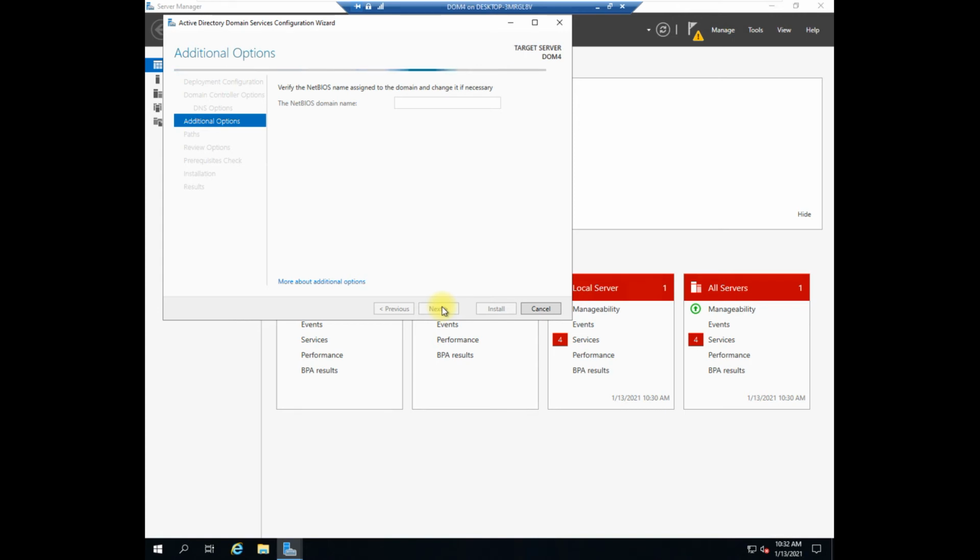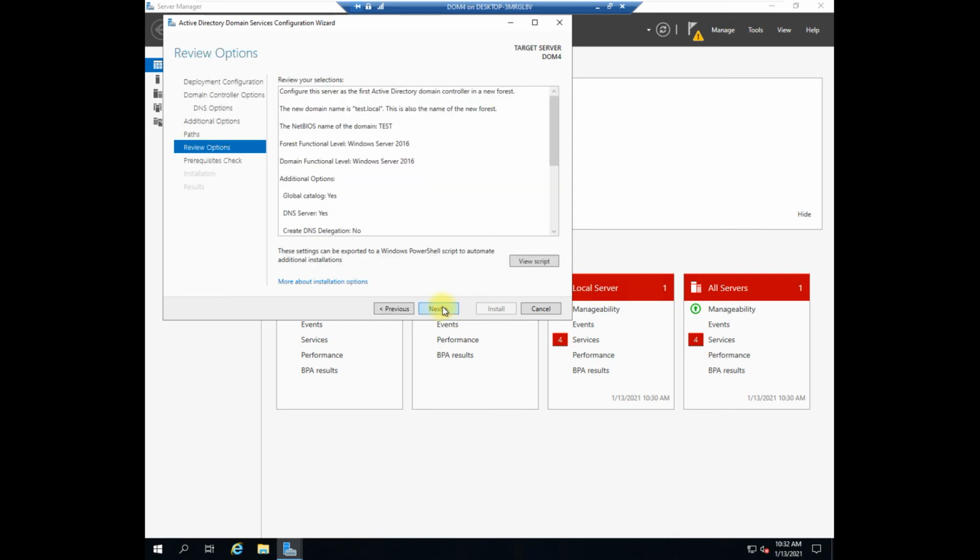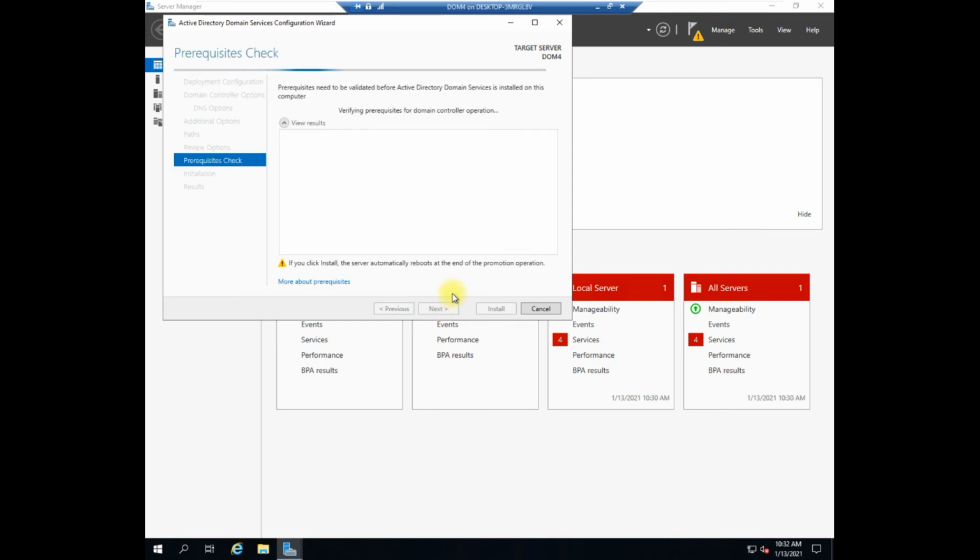You can see that it's a test, as we have defined it test.local, so the alias is test. Now we click on next. Nothing we have to change. We simply have to click on next, then again next. It will check everything, whether everything is up to date or not. If anything is a problem, we'll try to figure that out and get it solved. If it's not, we'll get the option to get it installed directly.